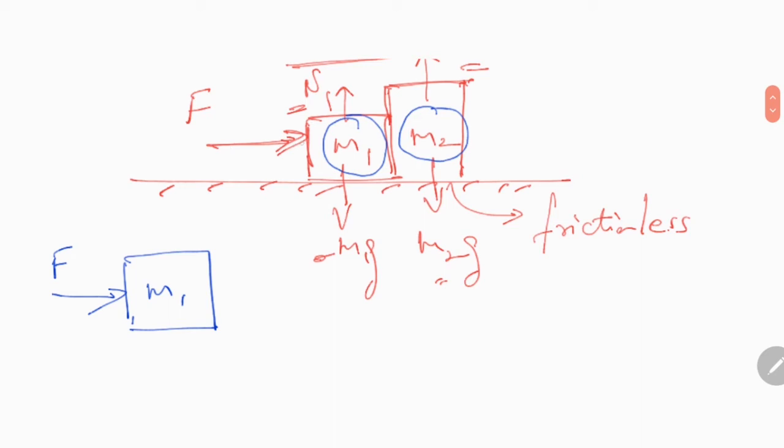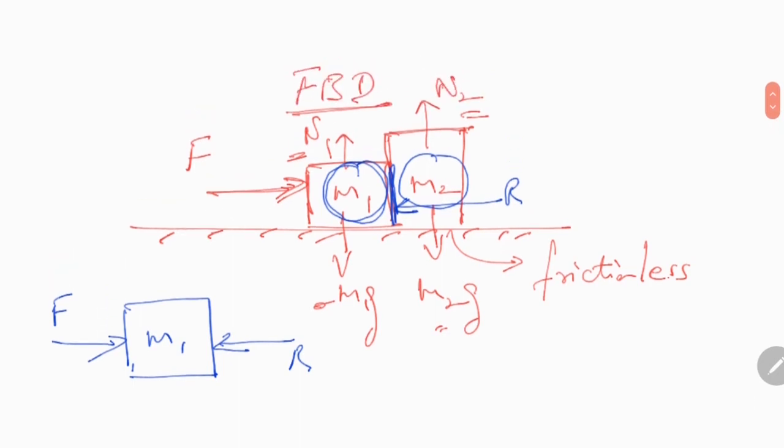Now when you apply an external force, obviously at this surface, this m1 will have a resisting force created by m2. So we can call that there is some force resisting the movement of m1, and we can call that R, where R stands for a reactive force. So we can mention this as R here. It is a reactive force. And of course, when you are applying a force here, this whole system will be moving in a forward direction with an acceleration of a. We can assume it as a.